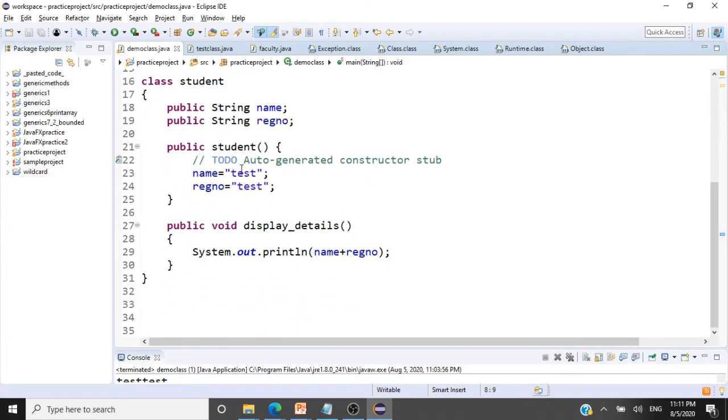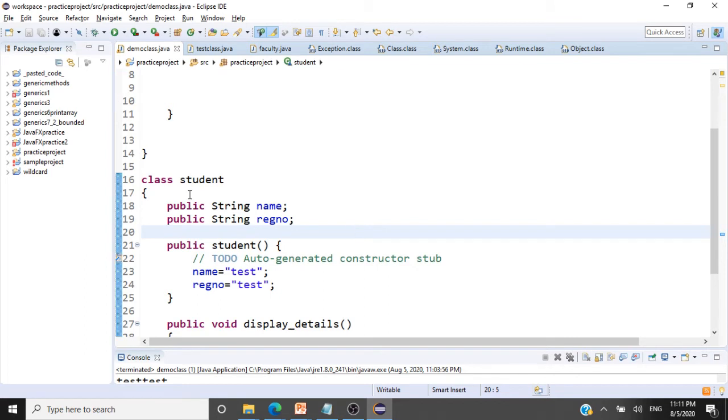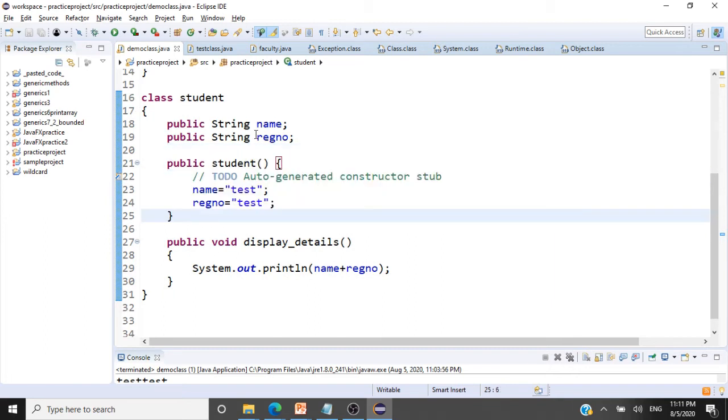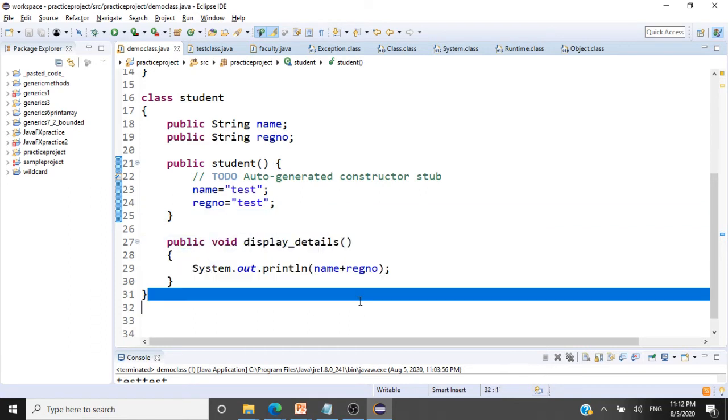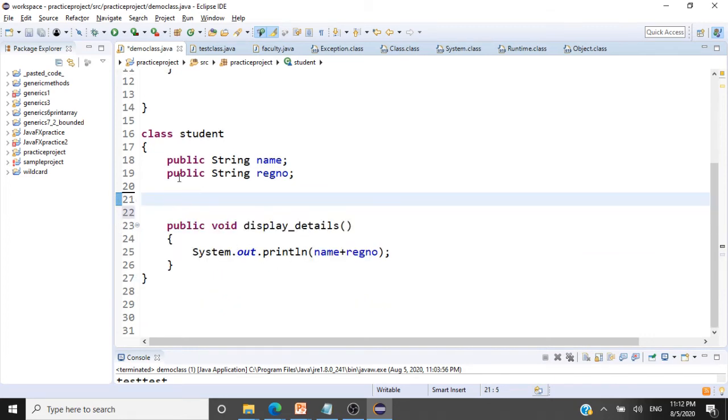Let's go and take a look at the code here. This is our simple class Student with two variables, name and registration number. A default constructor initializes name and registration number to test. What I'm going to do here is make this a parameterized constructor.